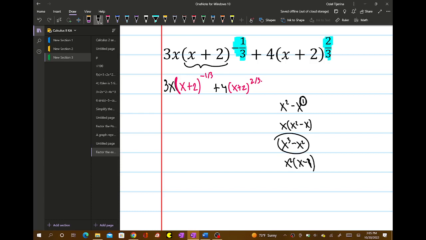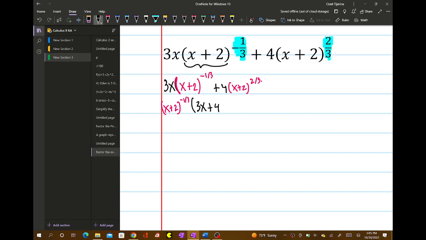Here, our lowest one has a power of -1/3, so we're going to factor that out. So we're going to have x plus 2 to the -1/3 times 3x plus 4,